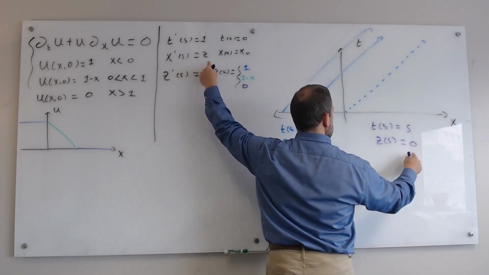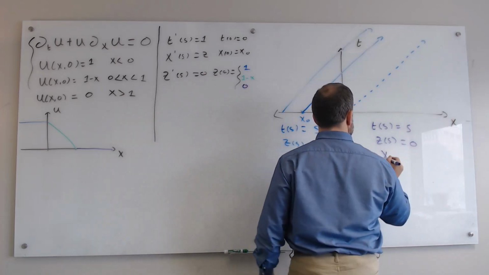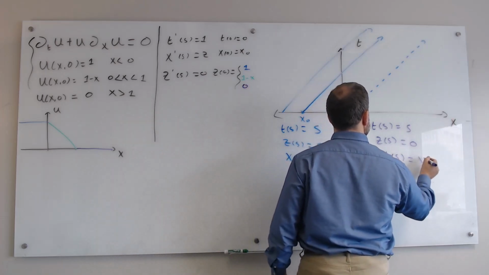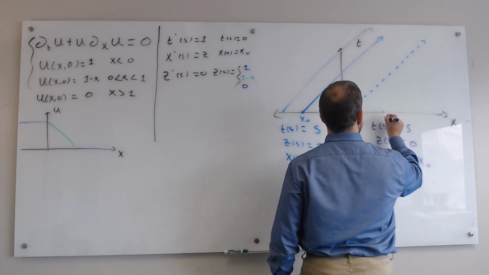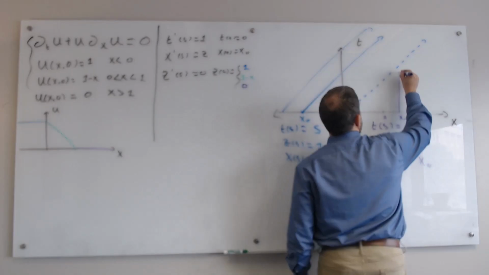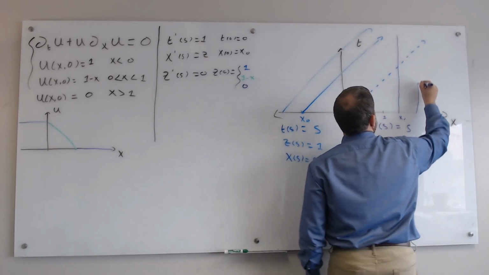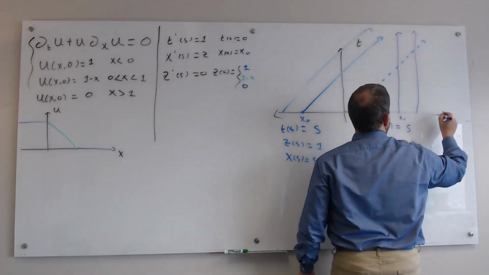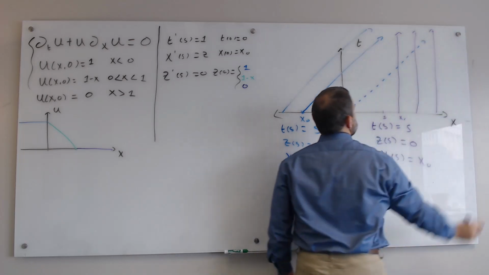Z is equal to 0. So X prime is equal to 0. So we have X of S is just equal to X naught. So let's say this is 1. If this is X naught, we're just going to look at vertical lines like this. These are all just vertical lines. Okay. And then again,